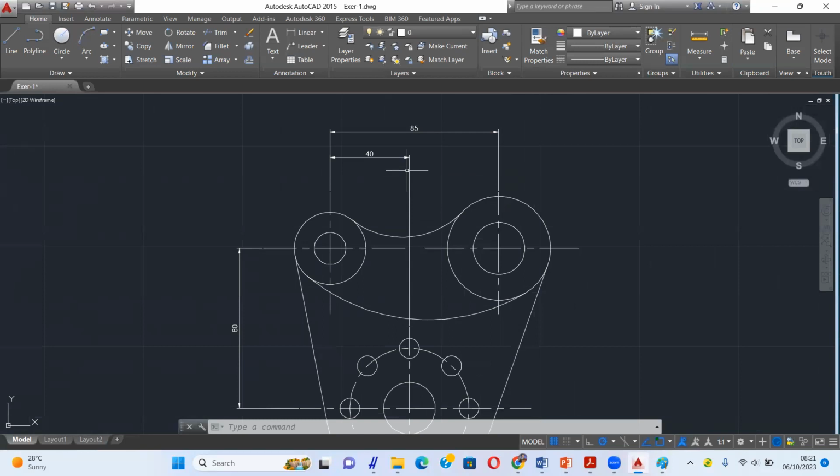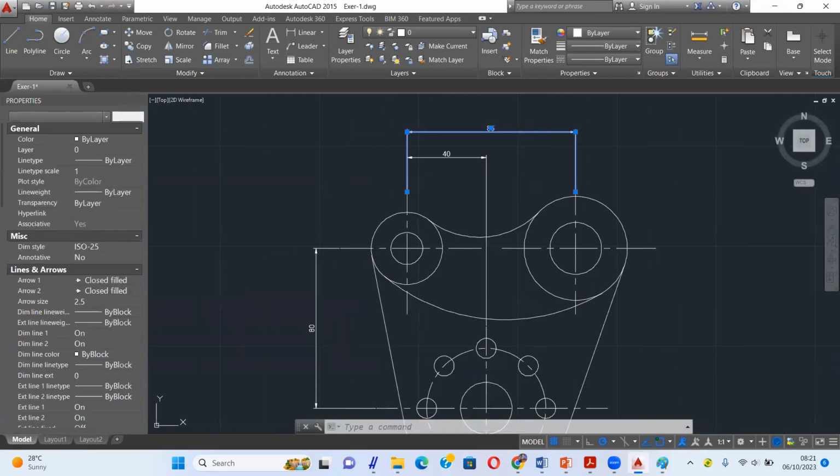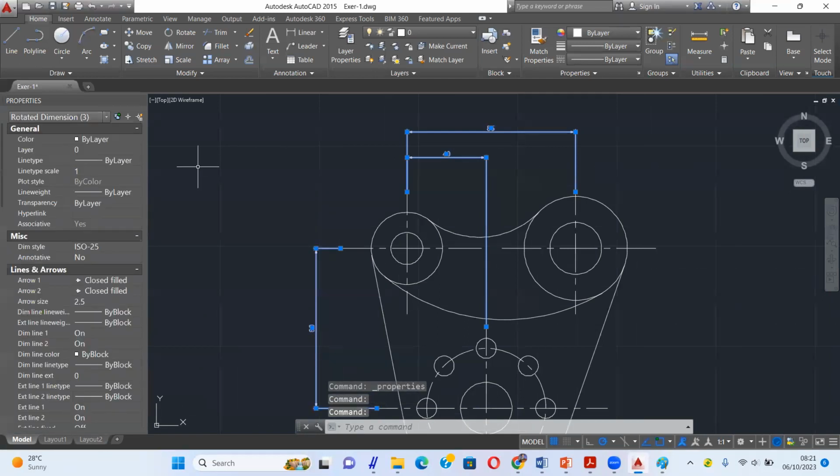If the number is too small, you can increase the font here. For example, you can right click properties, then click all. This one out as well.